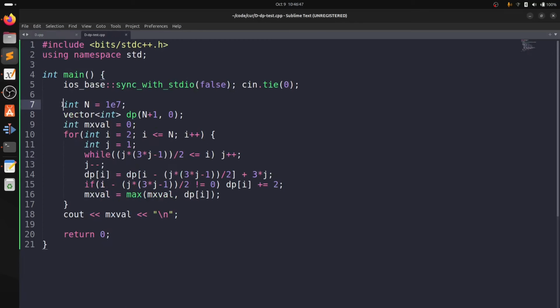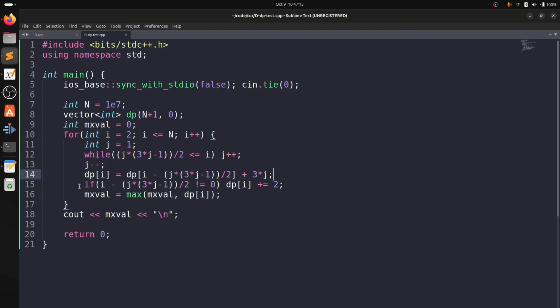Here, n max or k max is 10 to the power 7. So we have that here. We make our dp. We want the maximum value within the dp, correct? So that's why we are storing this max value. Then for every I, we are finding whichever j times 3j minus 1 by 2 is less than equal to that I. Once we find that, we do dp of I equals dp of I minus this much plus 3